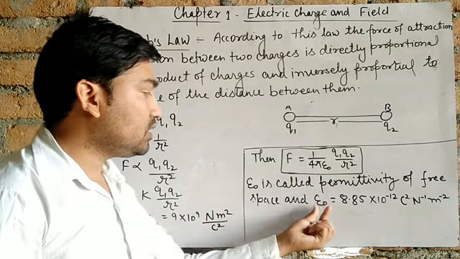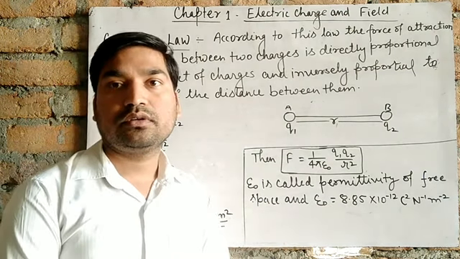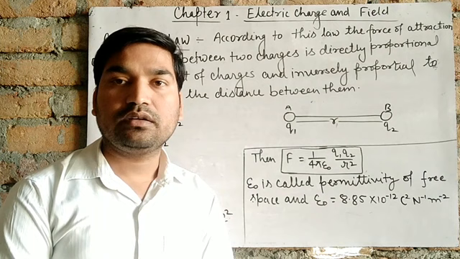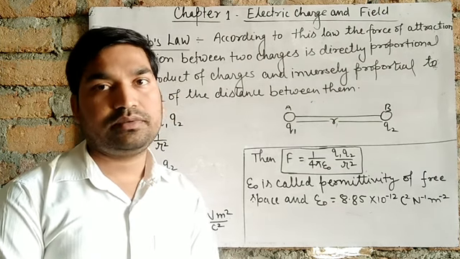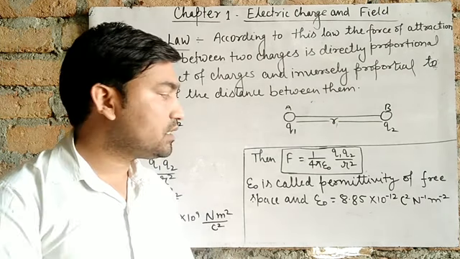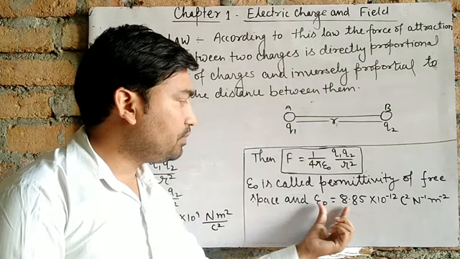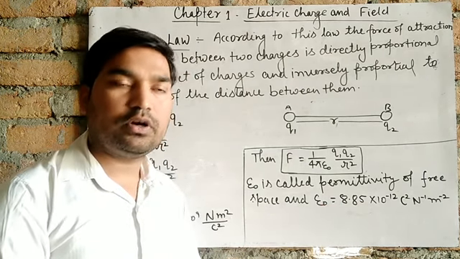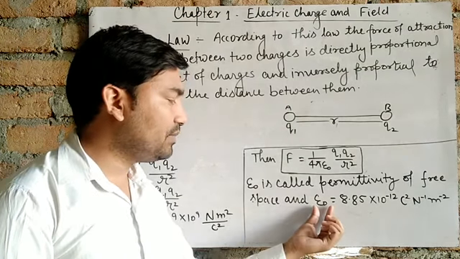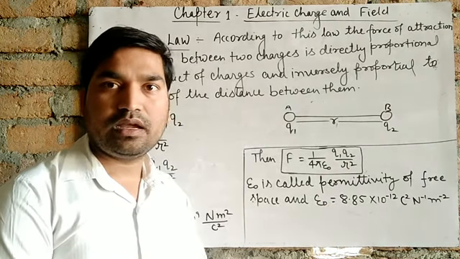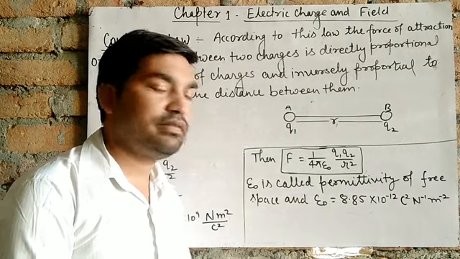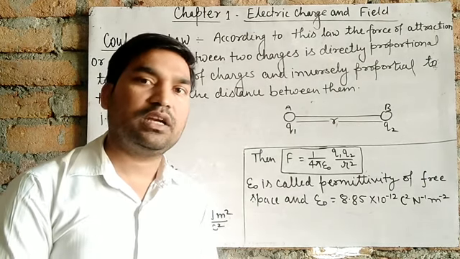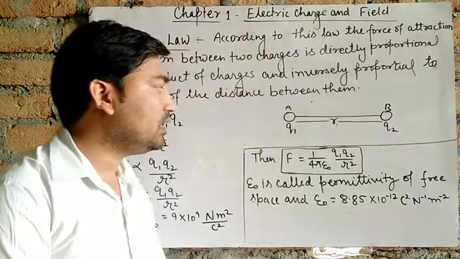This permittivity shows how an electric field is permitted in a medium. This is the permittivity of free space, which means air or vacuum. For another medium, the value of permittivity will change, and whenever a question is given, the value of permittivity for the other medium will be provided.